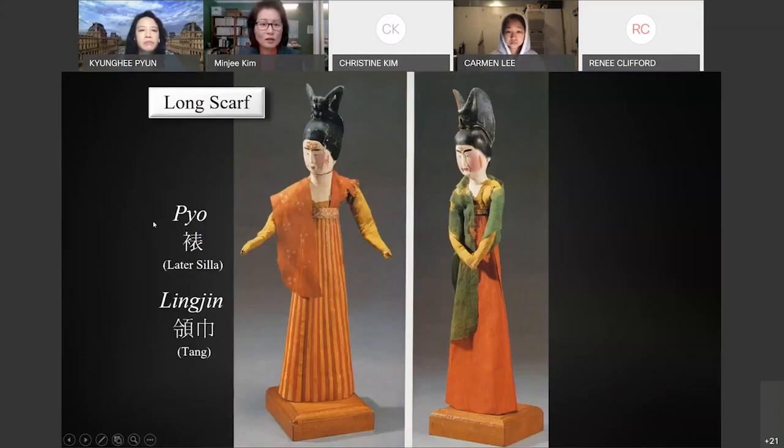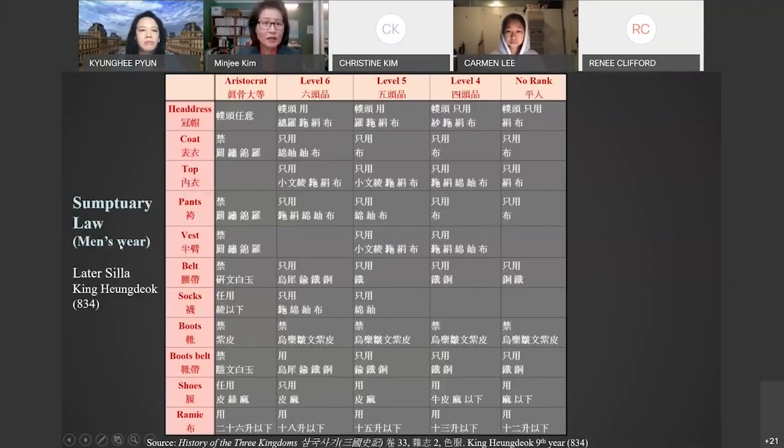So in unified Shilla, they called this scarf pyo, and in China, they called this rinjin, and in Japan, it was called hire. So the three countries enjoyed the scarf fashion, long scarf fashion. And these artifacts were excavated from Xinjiang in China. And as they, this shows sumptuary law in menswear, and at this time also women's wear